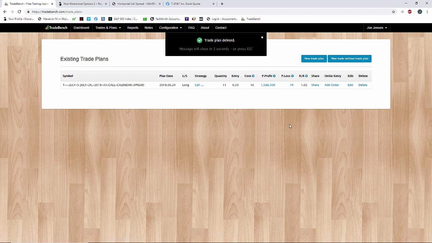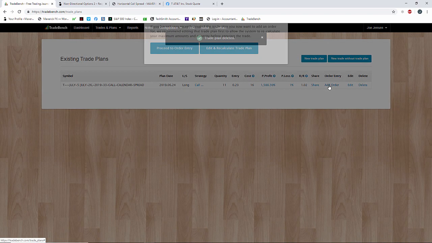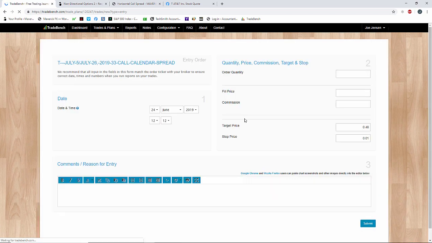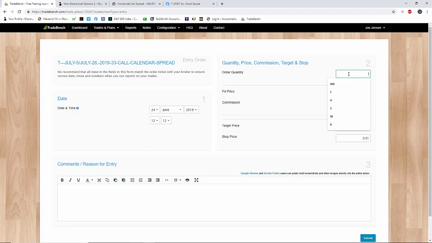So let's say that AT&T decides to trigger. So I just go ahead and hit add order, proceed to the order, and let's say we got everything that we wanted. Order quantity, I got the 11 contracts that I wanted to. The fill price was 23 cents, and everything looks pretty good. Add the notes here. I'm not going to do this now, meaning I can exit, or you could even make this note. I added one contract for a placeholder, because that's all this is,